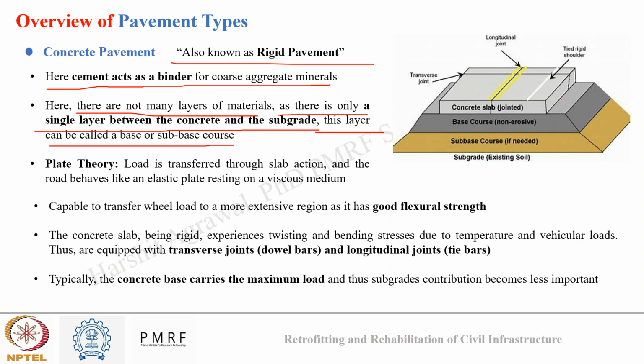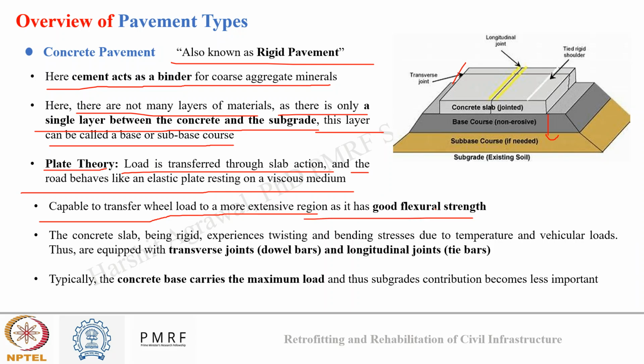How does load transfer occur in this? It occurs through plate theory. Load is transferred through slab action, and the road behaves like an elastic plate resting on a viscous medium. This concrete slab generally resists the maximum amount of load, and very little load is transferred to the subgrade. It is capable of transferring wheel load to a more extensive region as it has